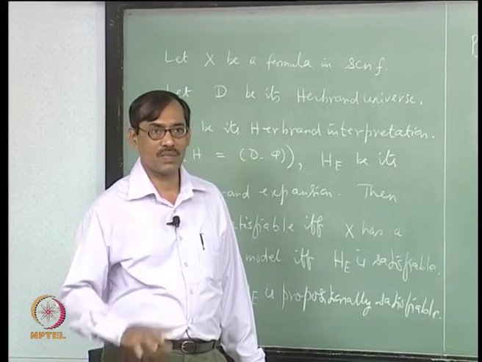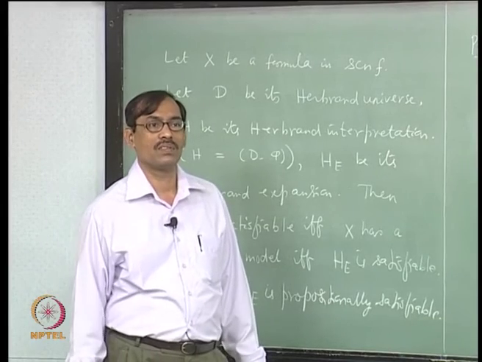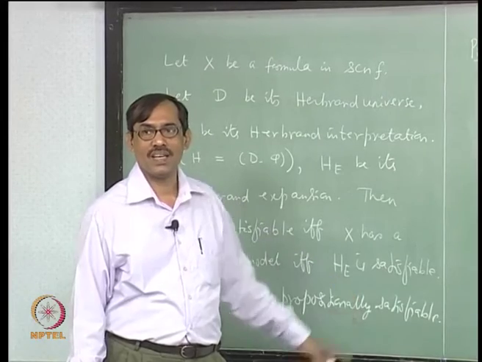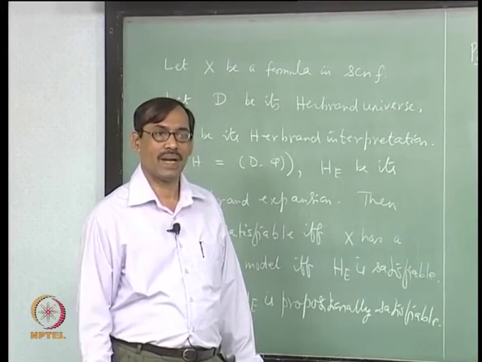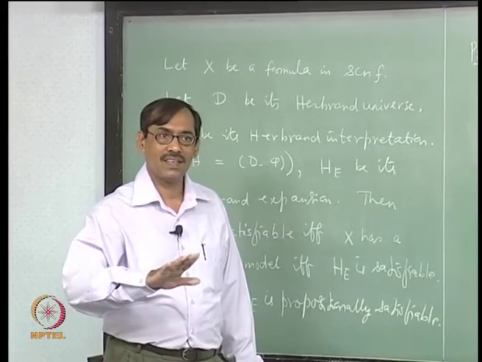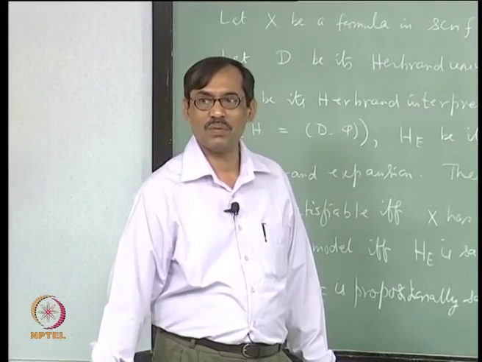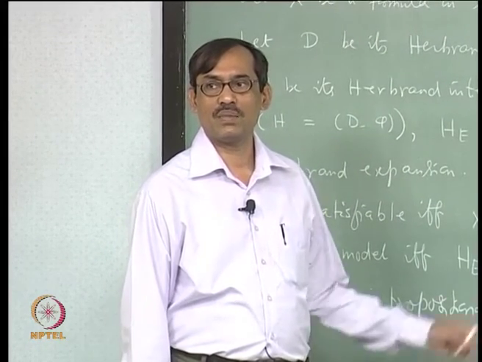So, it amounts to doing something in the proof theory, in the proofs. Suppose you have to prove something to be unsatisfiable. So, what you do? First apply all the quantifier rules, that is what we have done to find out H e. Okay. Apply all the quantifier rules, finishing it you end up somewhere where you do not need any quantifier rules to be applied further, everything after that will be propositional, right. That is what it says.